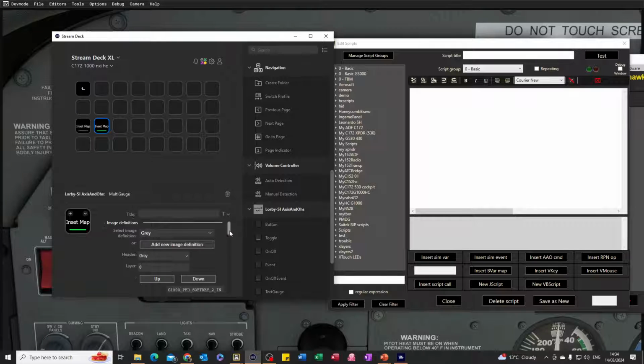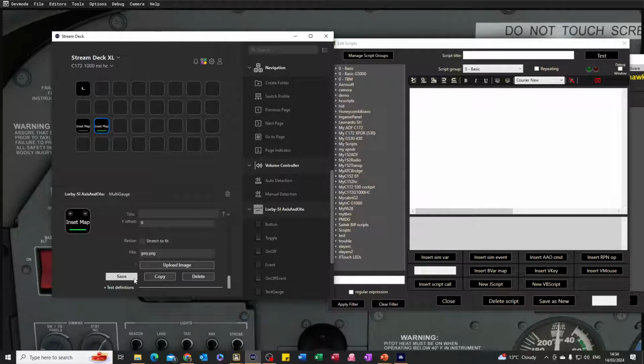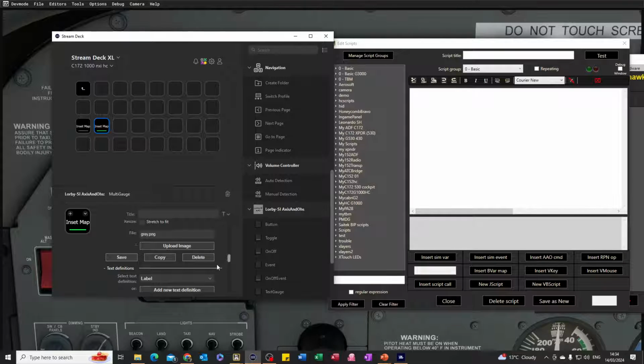And the grey definition is soft key 1. Save that. In the text definition again, we're going to go through both the label